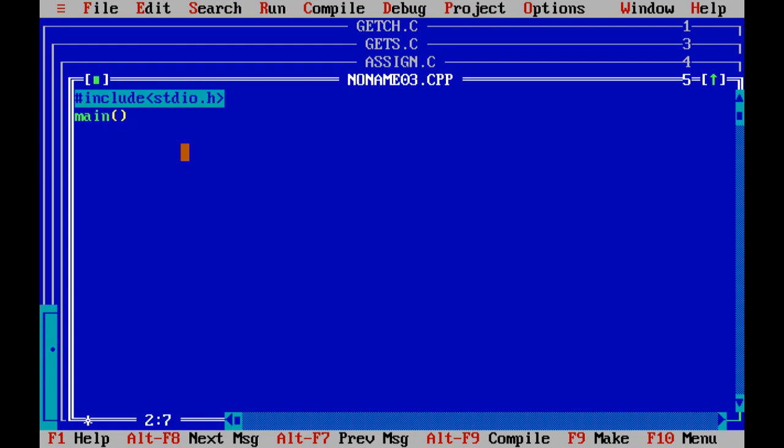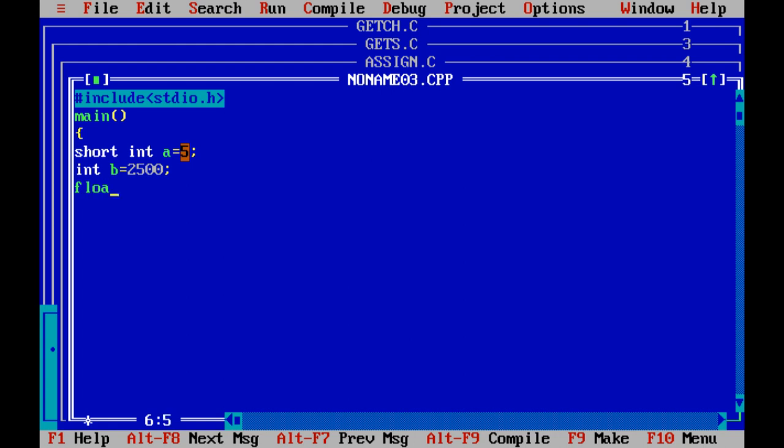Every C program must start with the main function. I am declaring short integer a is equal to 5, int b is equal to 2500,